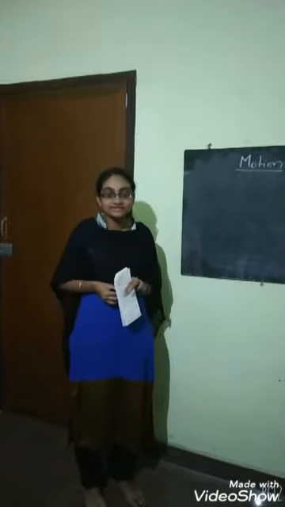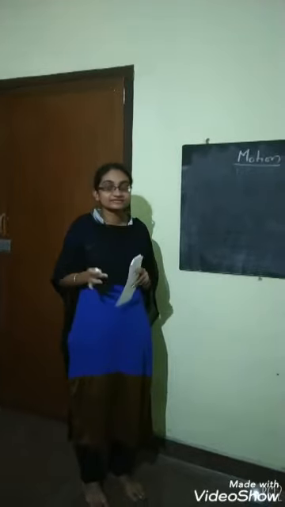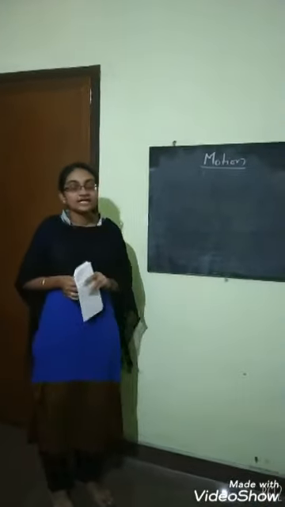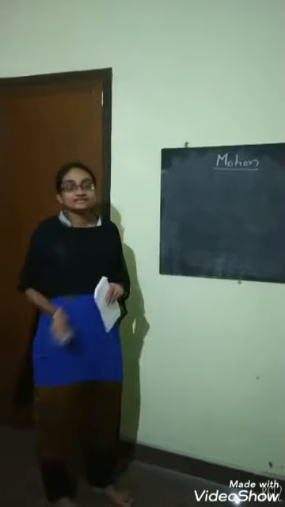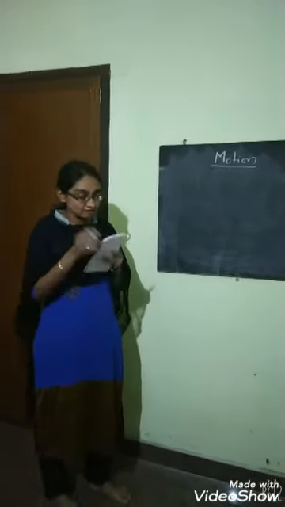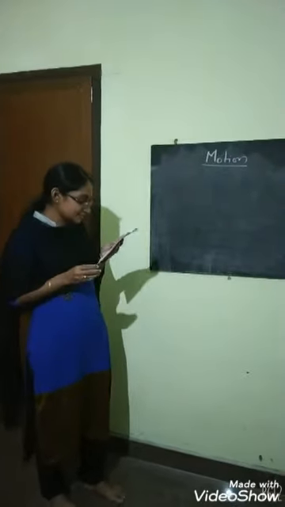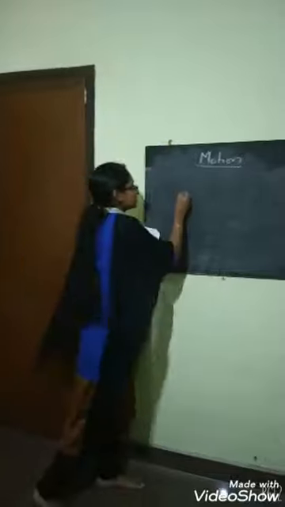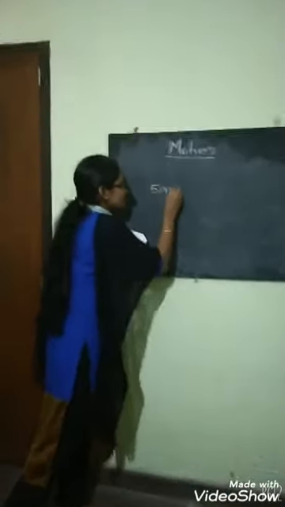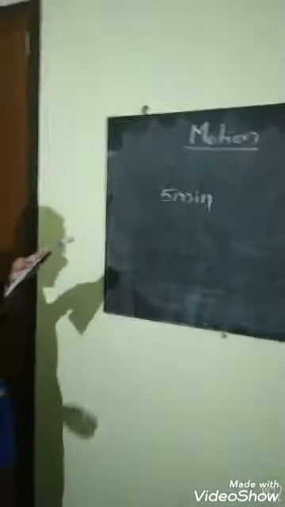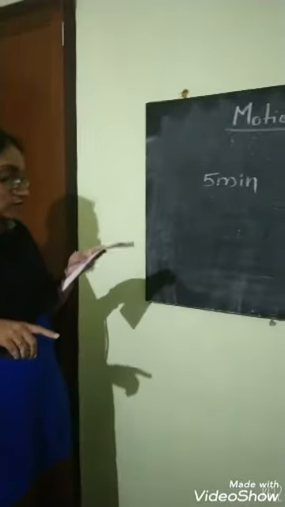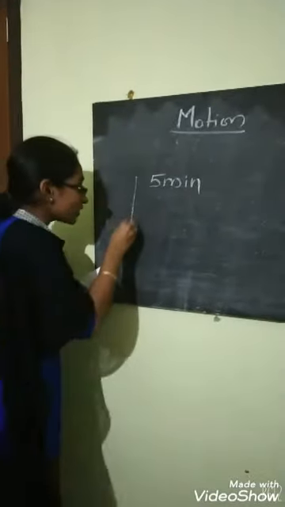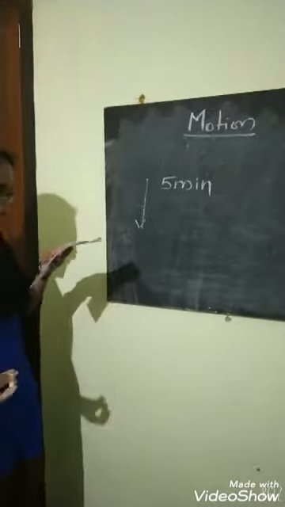Students, for a change we are giving this class in a video format and our chapter was motion. In the last class I gave you some homework, and the first one was: a signal from a spaceship reached the ground in 5 minutes. The time was 5 minutes, and what is the distance of this ground station where the signal traveled?